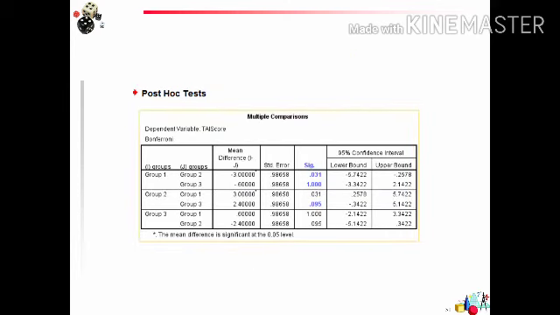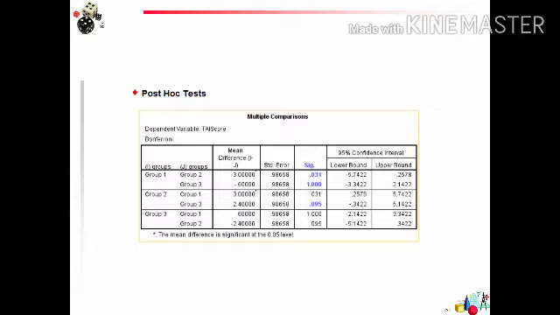Here I have given the SPSS output of the multiple comparison test. Here you can see the SIG column. The SIG column, that is the significance level column, is considered as the p-value for each pair of observations. In the first case you can see group 1 versus group 2. We are comparing the means between group 1 and group 2. The corresponding p-value is 0.031. So what is the interpretation? There is a significant difference between group 1 and group 2.